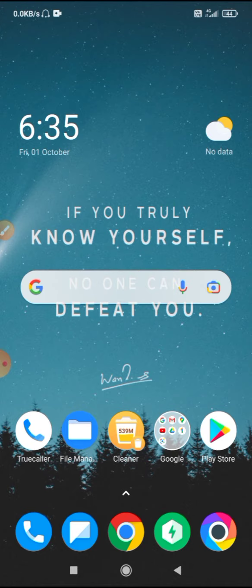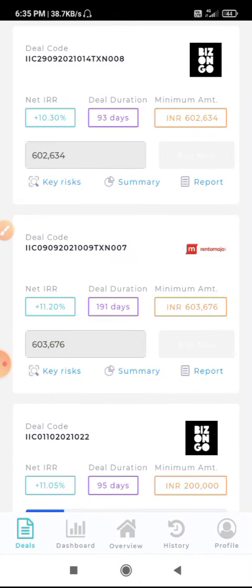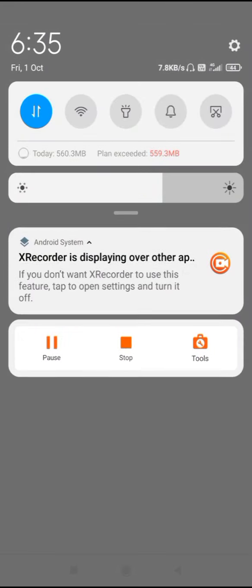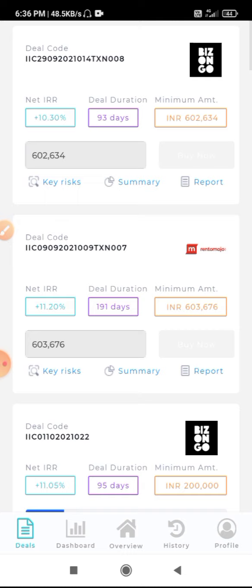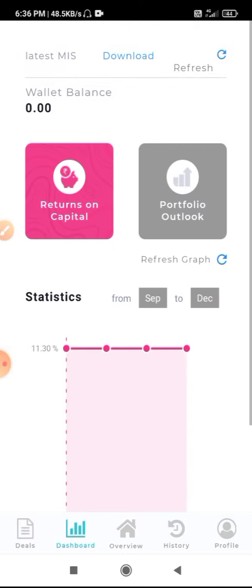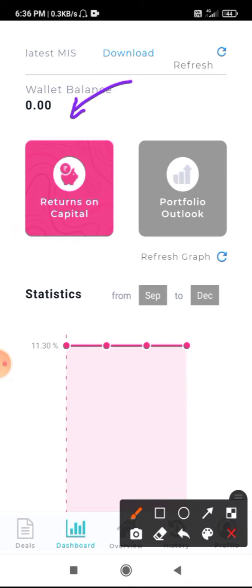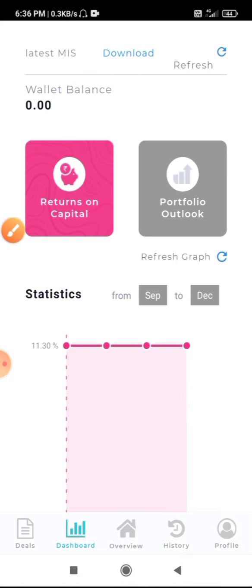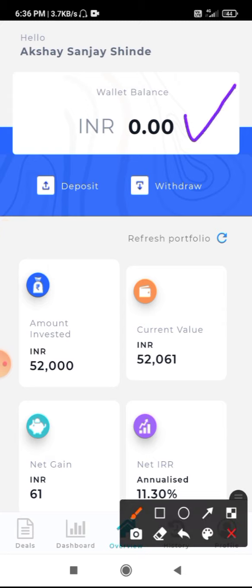Let me show you the current overview, how the deal is doing now. So this is the TradeGrid app which I have opened on 1st October, which is a few days after purchase. Let me refresh this, and I'll go to the dashboard tab. Okay, so wallet balance is shown as 0. If you click on the overview tab, here you can see the wallet balance as 0, and the amount invested